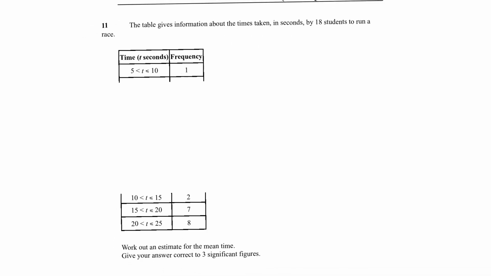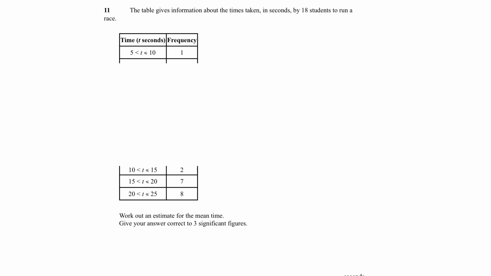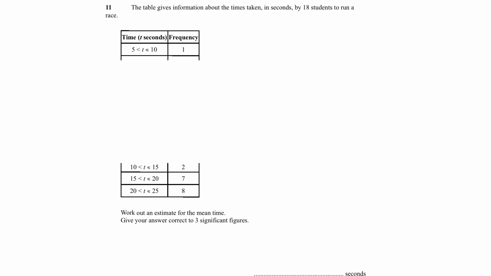So then 11, which goes on to say this table gives information about the time in seconds for 18 students to run a race. Again, the tables mash up, but we move. So then it says work out an estimate for the mean time. Give your answer correct to 3 significant figures. So in terms of working out the mean time, first of all, we're going to work out